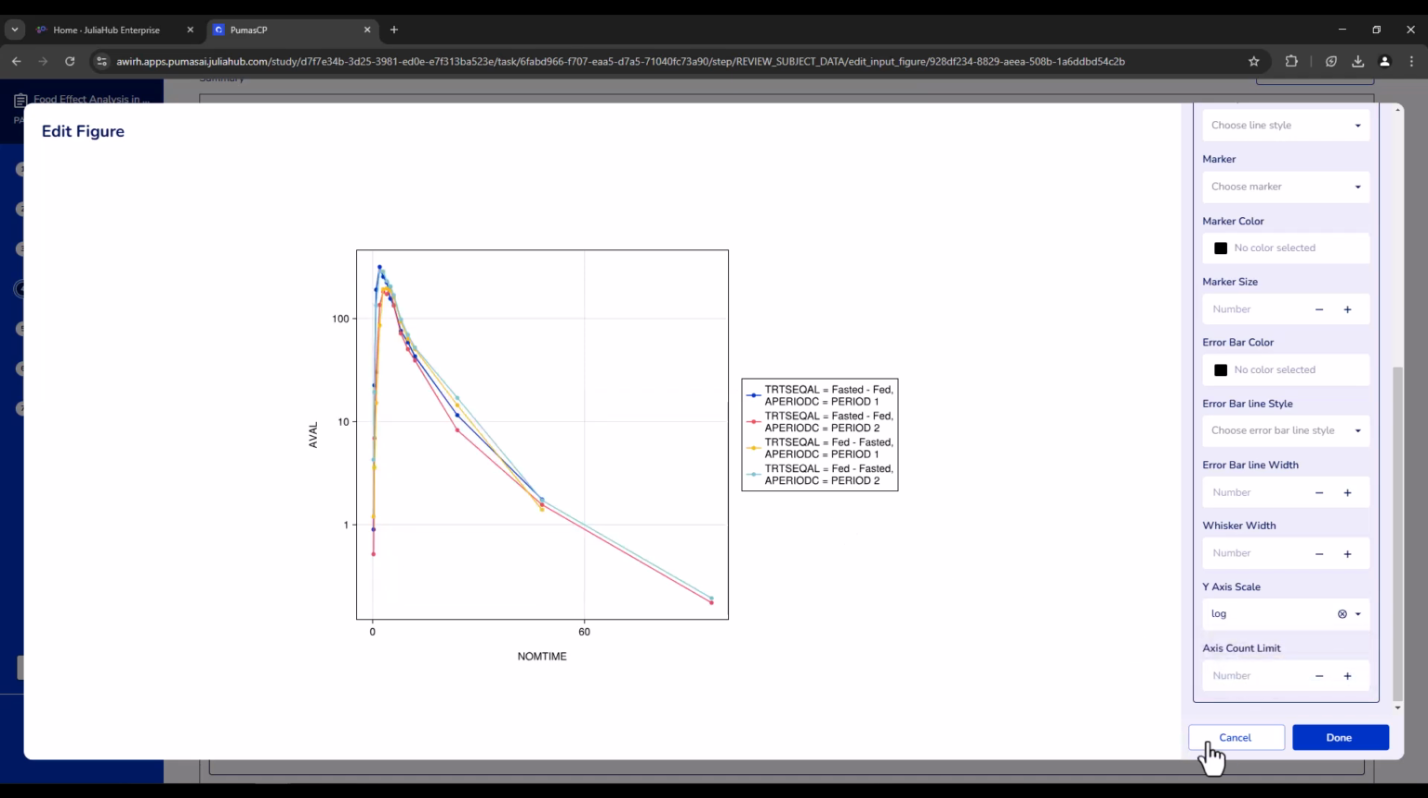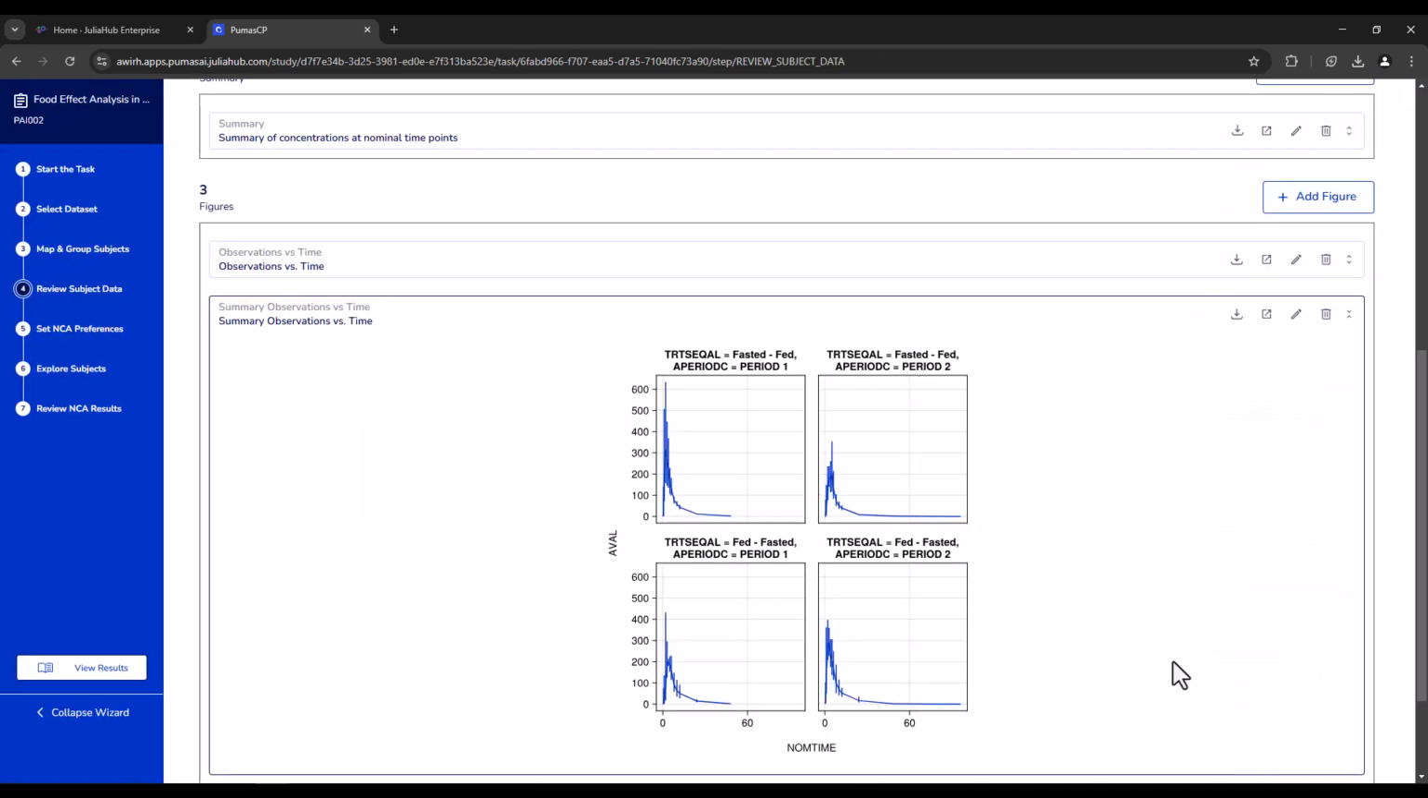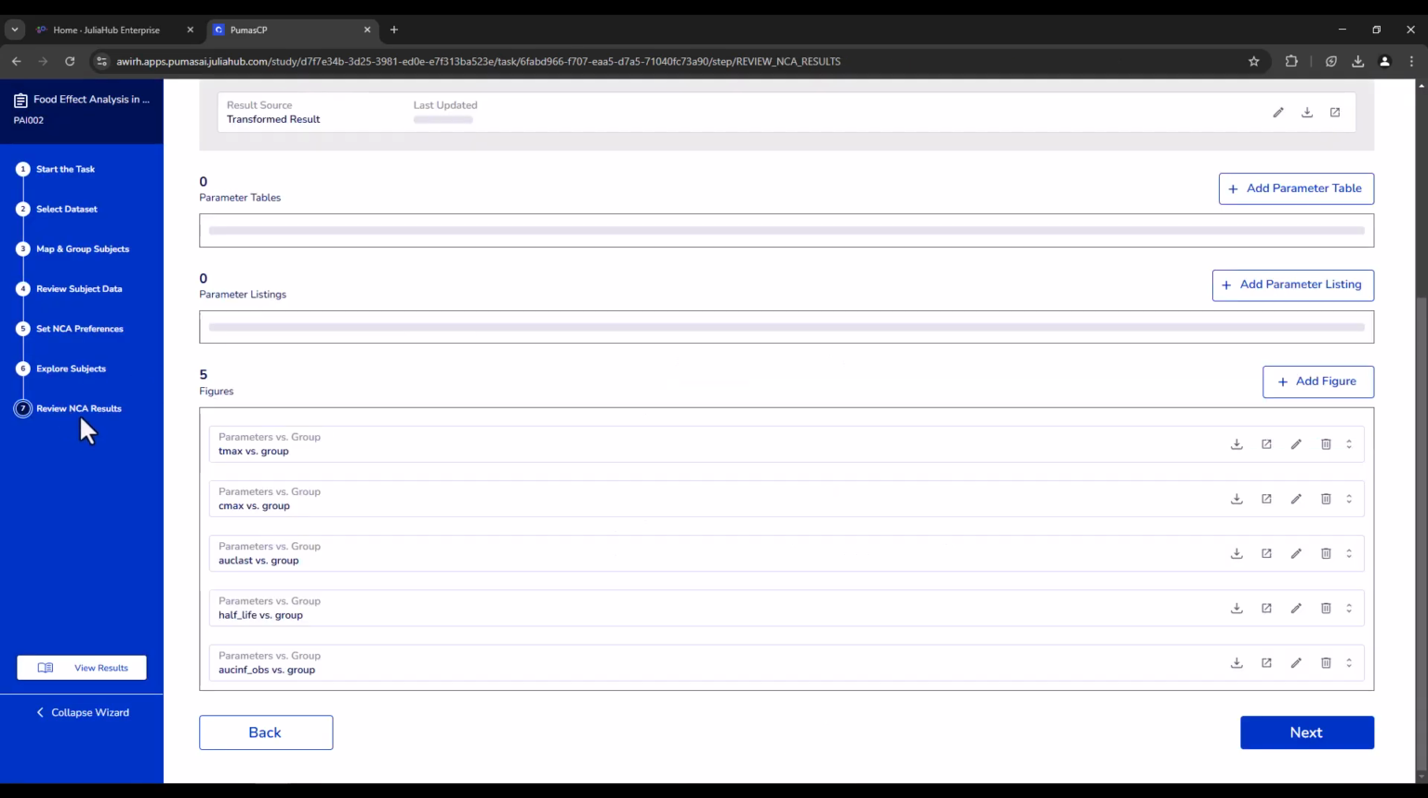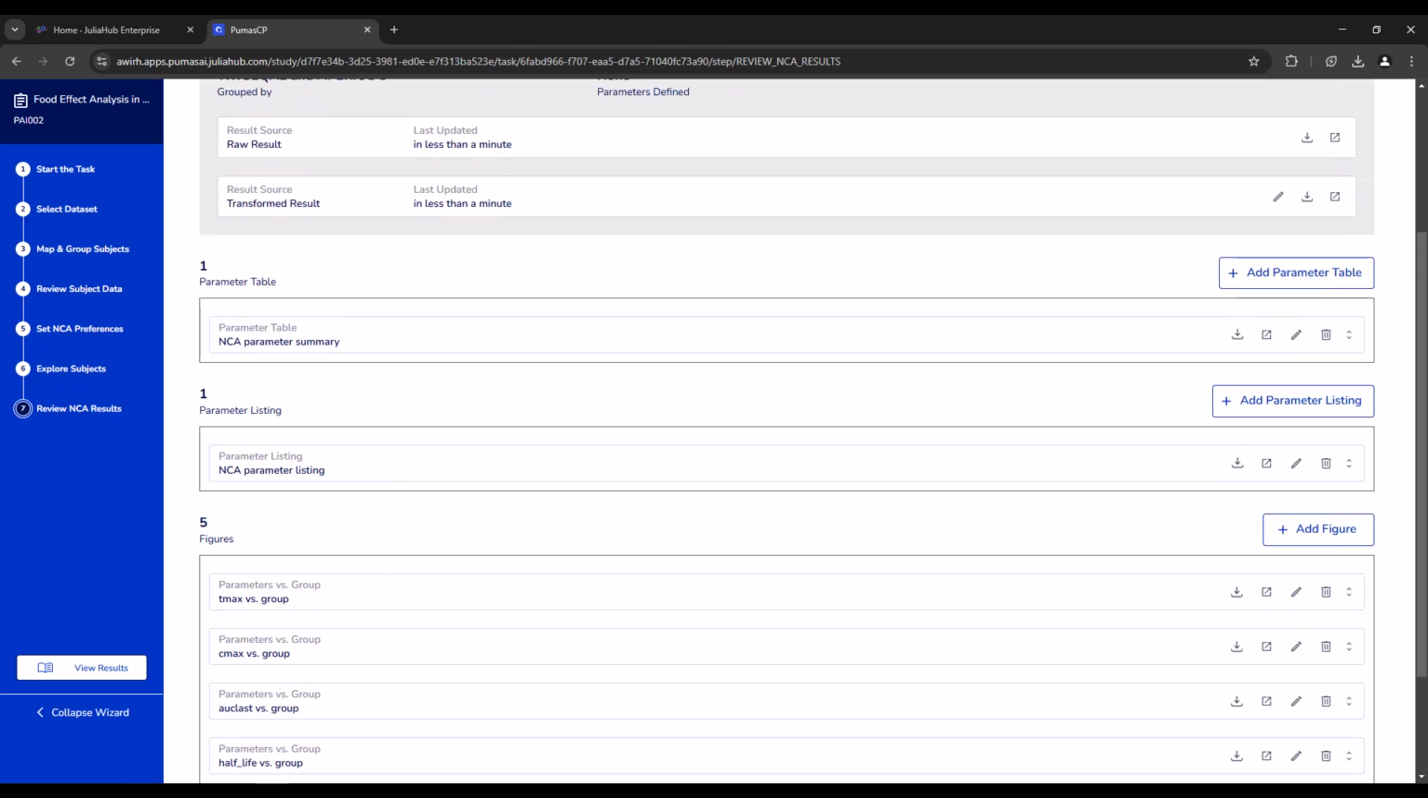Yeah. So this is just an exploratory step to look at the data closely. And once you're done, you can click on step 7 directly. I'm highlighting more on deriving the results and getting into the actual output that we need. The other steps are also important. You can go through how to set NCA preferences and how to explore subjects in other videos